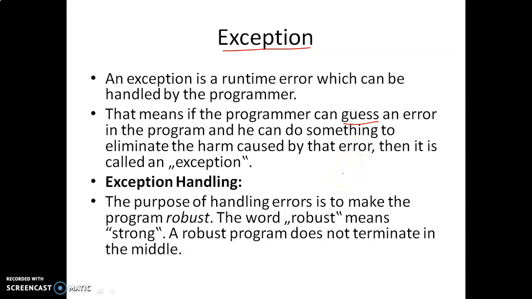If there is any chance of an exception being raised, then they have to provide the alternate solution without terminating the program, or we can take some security precautions. We can reduce the data loss by providing the alternate solution.